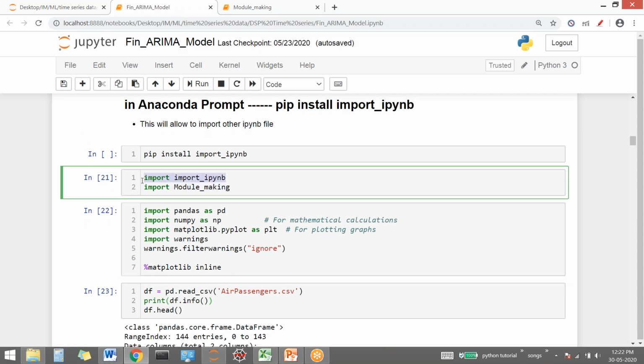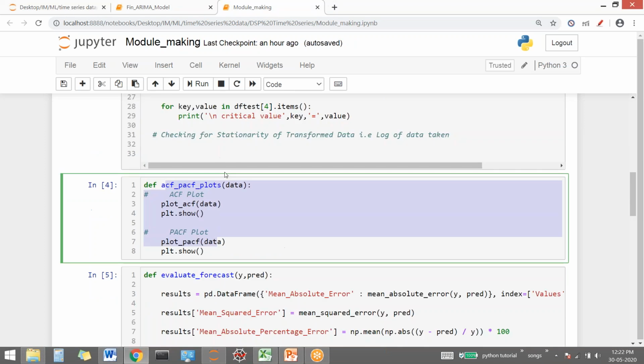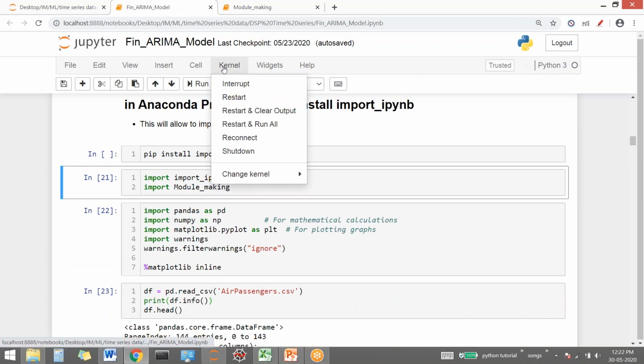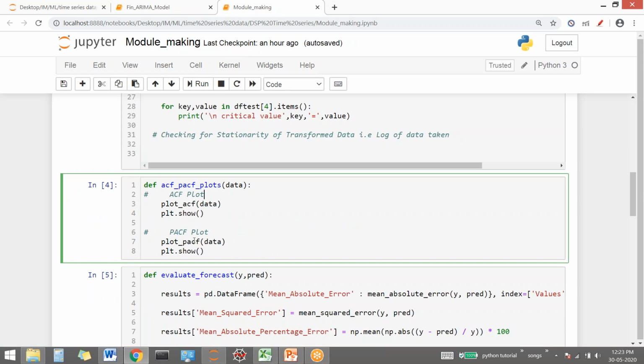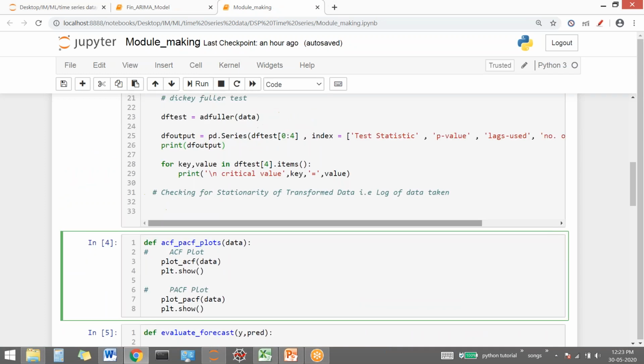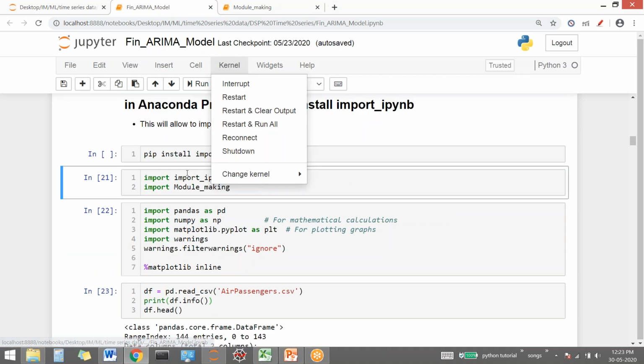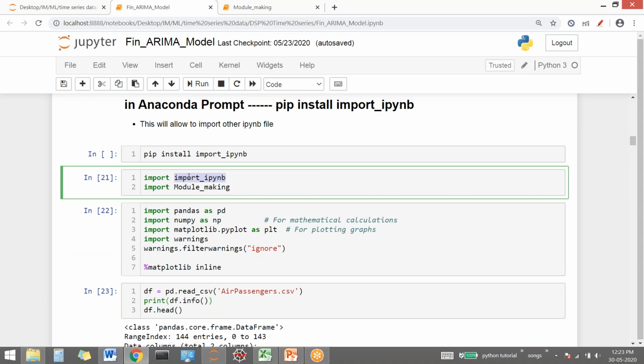This is mandatory. Also, in Spyder, if you made a change to that module, the change was reflected right away in your Spyder file. But here, if I make changes to this module making file and save it, that change will not be there right away. So in order to have the new change, you need to restart the kernel. This is a shortcoming here. So if I've made some changes here, say I've added something, and I want it to reflect in my code, I need to restart my kernel, and then import this module making and this ipynb again.